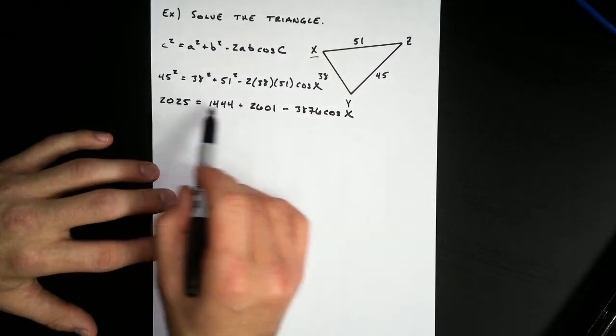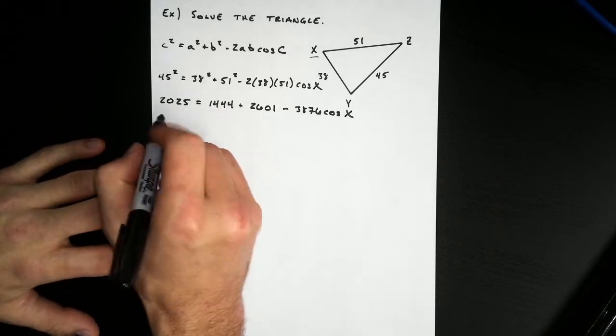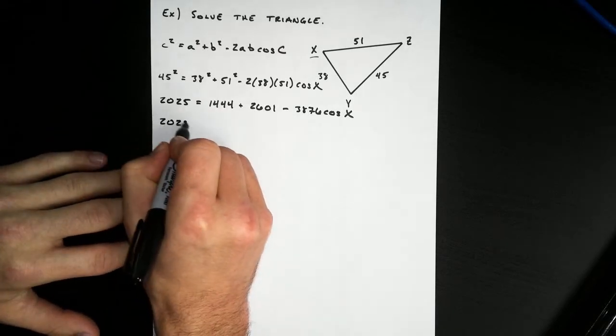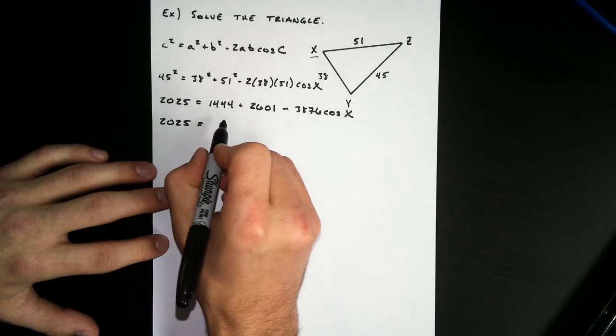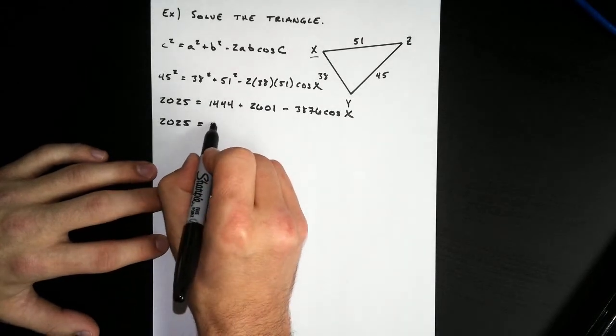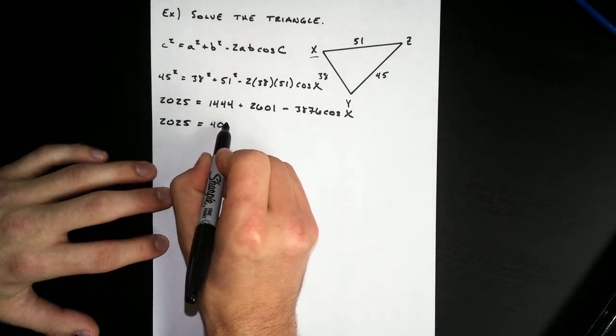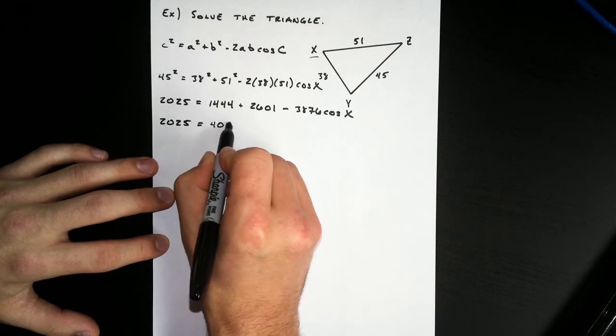Okay. Let's combine some like terms here. So if I add 1444 plus 2601, 4045,